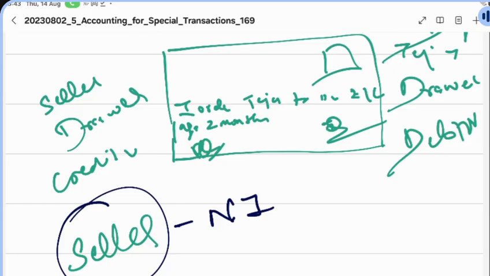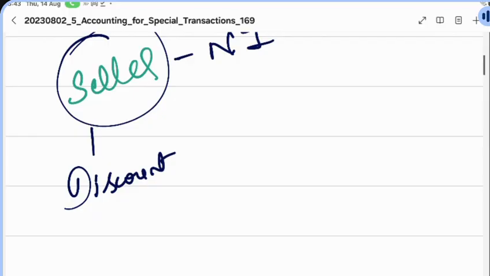Understood? Then what I am doing, I am undervaluing my own bill, because my bill is 1 lakh rupees and I'm saying that you give me lesser value than that. That's why it is called discounting of bill. Why is it referred to as discounting? The reason is you are undervaluing your own bill. Are you clear? Okay, so hope you have understood what is discounting. So what does discounting involve? You undervalue your bill. That's why it is called discounting.